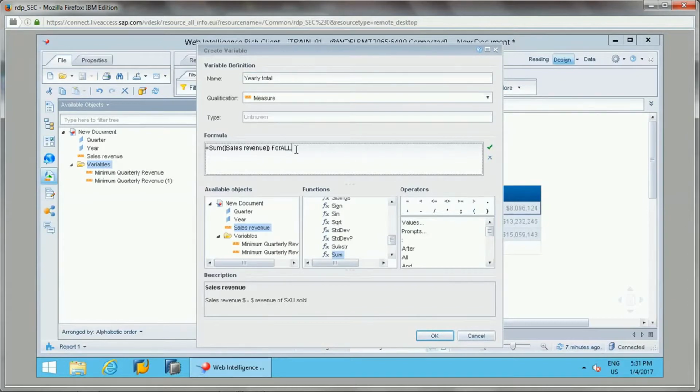So for the for all operator, I will say for year for all, which will remove the quarter objects from this context.